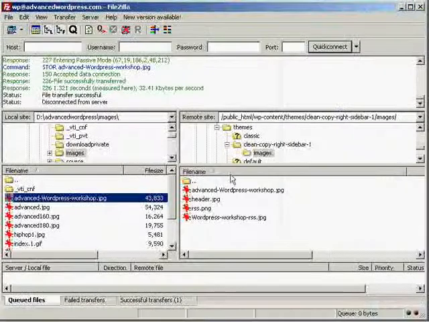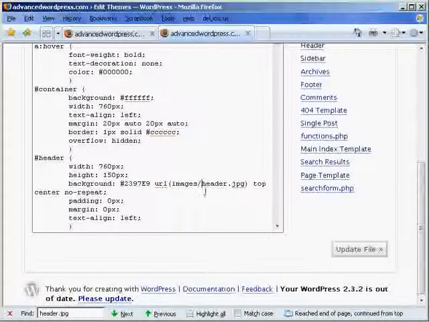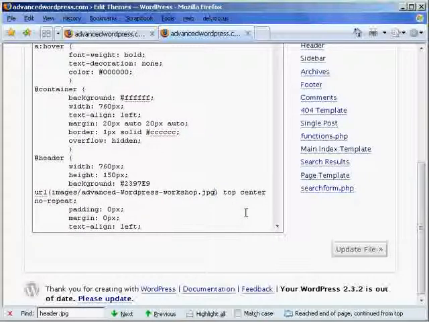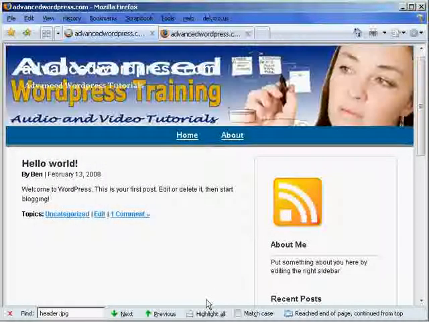We go back into our FileZilla and just double click slowly on the file name so we can copy the actual name, and we're just going to replace that with that file. Now we'll do an update, go to our website and do an F5, and there's our graphic. As you can see, it makes it look a lot